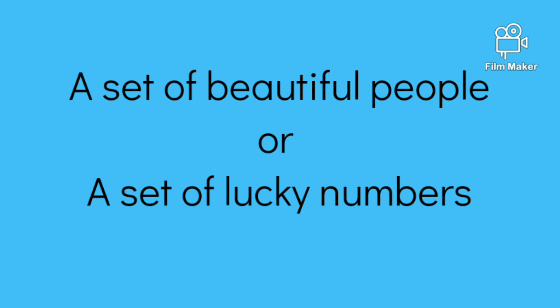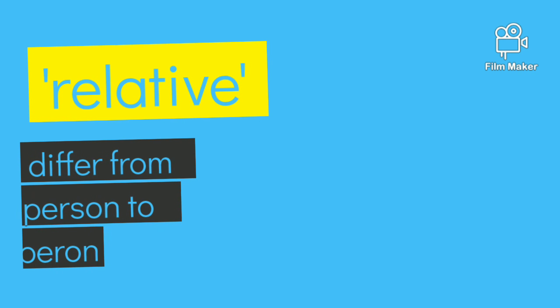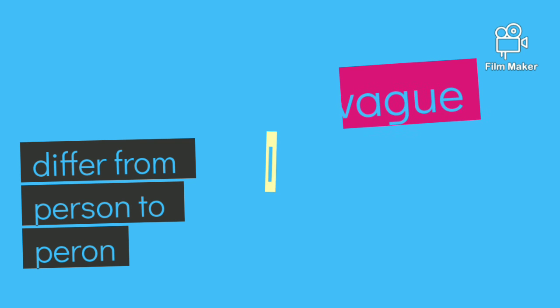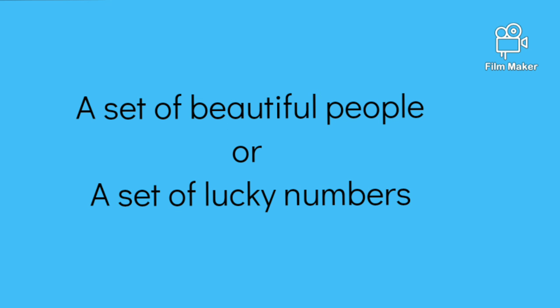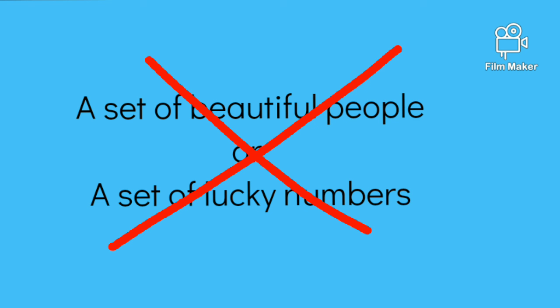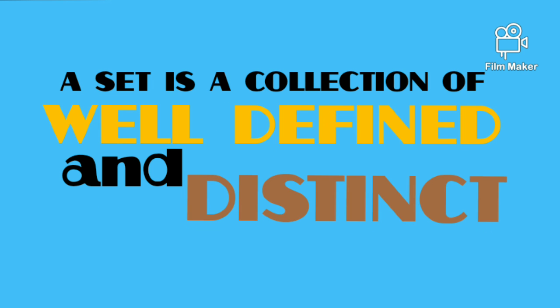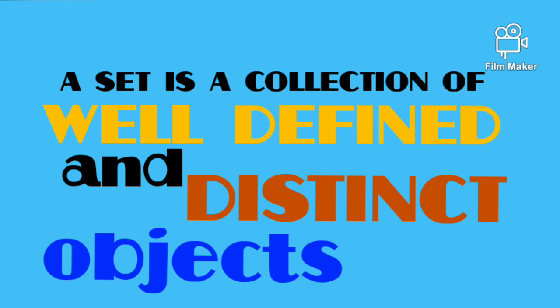Also, a set of lucky numbers is a very ill-defined or not well-defined set because the lucky number will surely differ from person to person, and therefore such sets or elements will be quite vague, and we wouldn't be able to do set operations. Therefore they are termed as ill-defined or not well-defined sets, and such sets cannot be considered in the study of sets. So finally, a set is a collection of well-defined and distinct